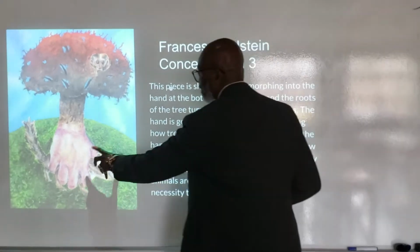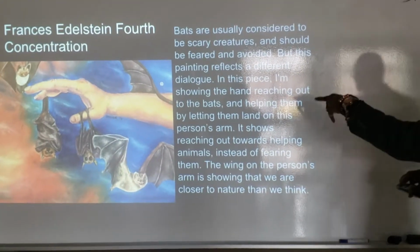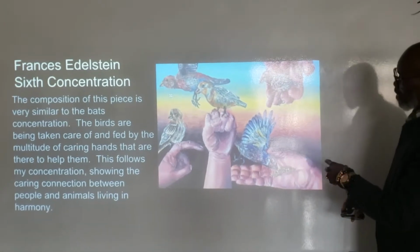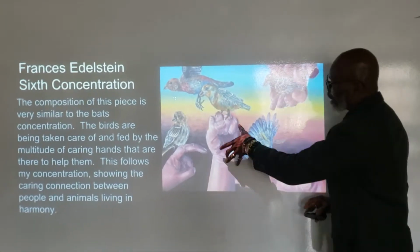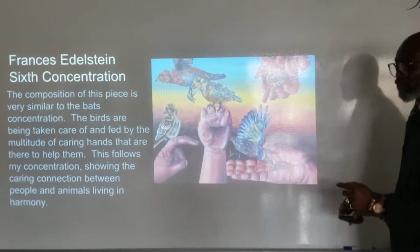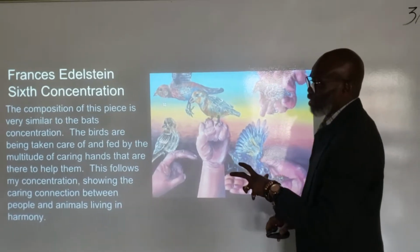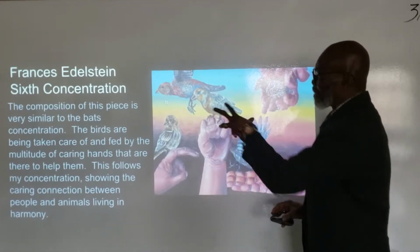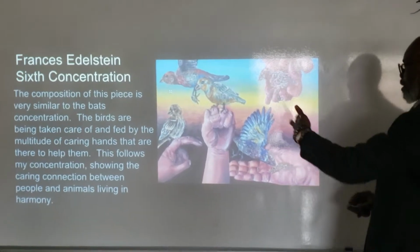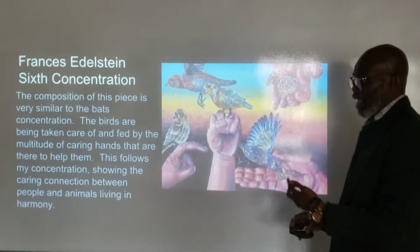Now we have the hand looking more surreal with the imagery here. But you see in each of the works, she's explaining what is going on. And look at this, how interesting it is now with various hands. So when we talk about innovation, look what's going on here creatively. But the good thing about this is, while Frances was uploading this, I was able to see it. I can monitor what's going on, and the administrators,